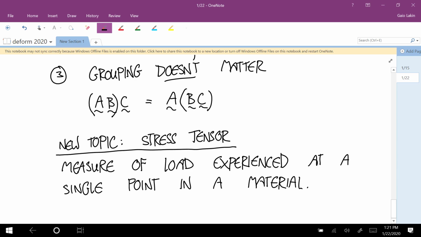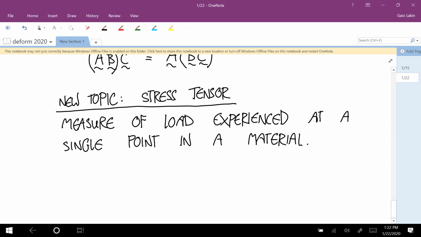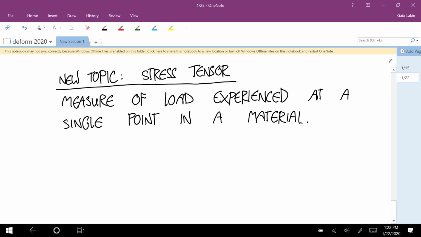Okay, so first we have to talk about this idea of the load that's experienced by a point in a material. How many people took, when you took statics, how many of you did internal loads and beams? Did pretty much everyone do that in statics? Where you're calculating the bending moment, the tension and the shear force? No. Okay, I'm going to go through all that again. But as just sort of an introduction to that idea,